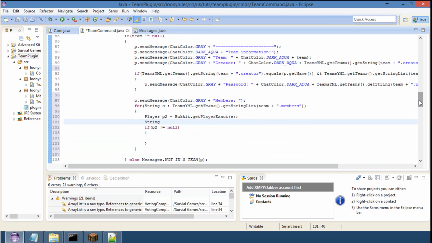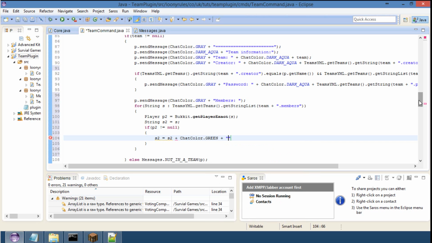So String s2, and then s2 is equal to s, so s2 would equal s plus ChatColor.GREEN plus online,